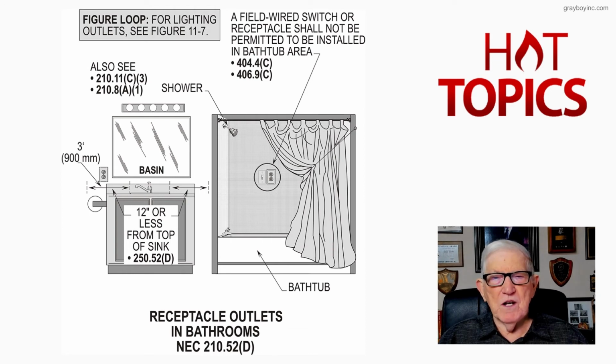And then notice the receptacle has to be within 3 foot of the sink here. You could put it on the wall if you have space. But if you don't want to cut into a mirror and maybe damage the mirror in some way, then you could drop down 12 inches anywhere on the sink area here and put the receptacle also. But that's basically what it is. And if you had a dual sink, you'll see sometimes right in the center of the sinks, 3 foot each way, you could have one receptacle or put one for each sink, and we find that in